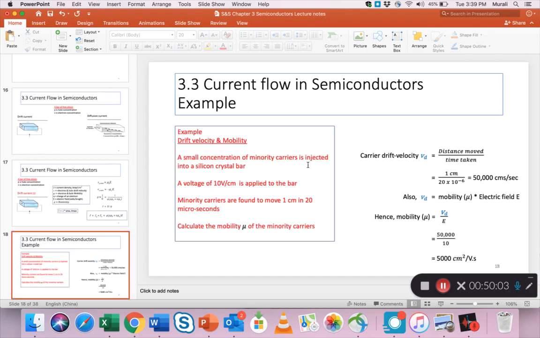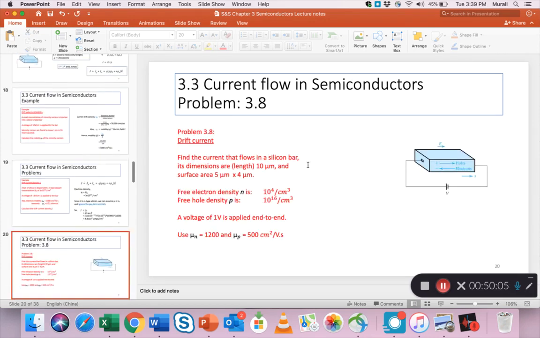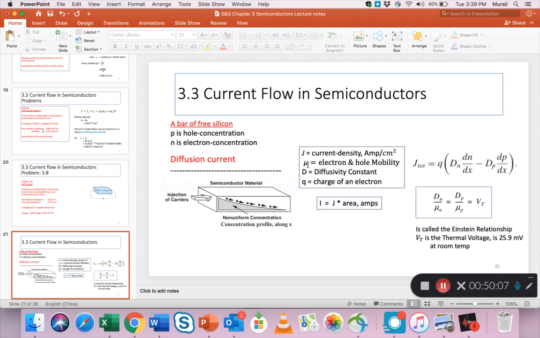Okay. All right, there's a couple of examples, but before we do examples, I have to finish current flow, so bear with me for 2 more minutes and I'll introduce you to diffusion current. Just like we saw drift current, we now have diffusion current. And what is the magnitude of this diffusion current? You see it to the right, there's a formula that says J total, that is, the total current density